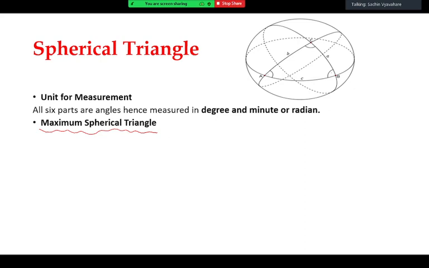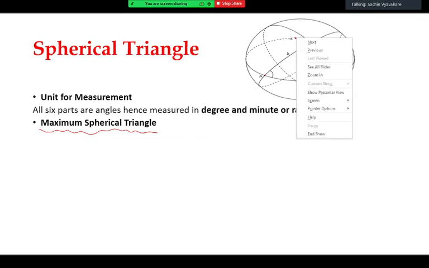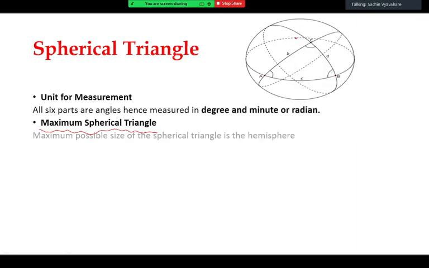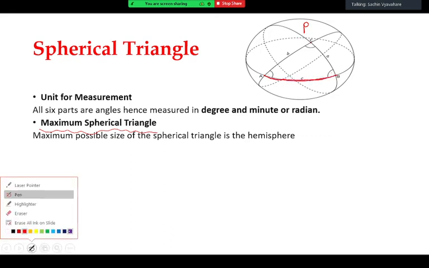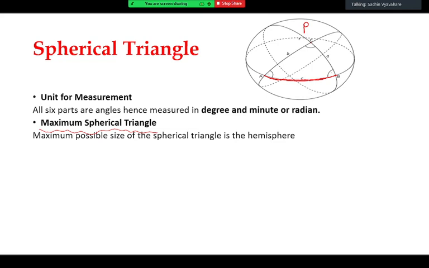Okay, so let me show you here. Let us take a great circle AB. This is AB, and I will take some other point on the backside of that great circle AB, say P. So right now I have 3 arcs of the great circle. I have taken one point somewhere here. One arc is here, this is AB, one of the arcs of the great circle. Another arc of the great circle I will take from here, say AP.